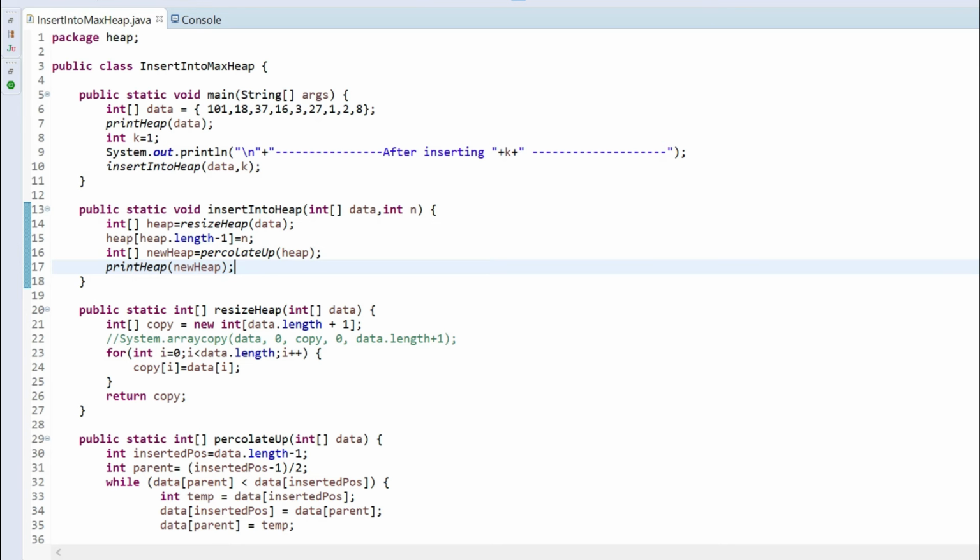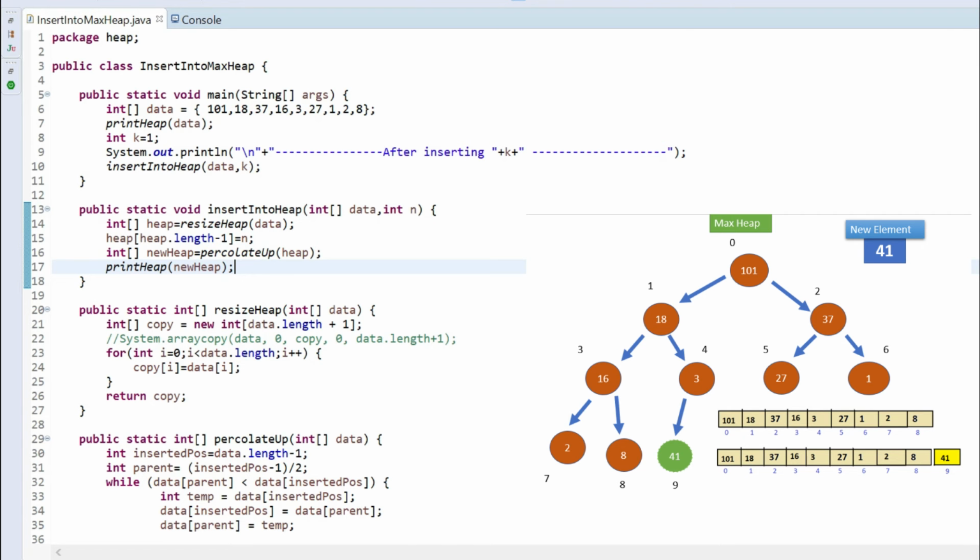Now I will show you the programming part. I did it in Java, but you can choose any language. This is the main method, and here I am taking the already built max heap. This is the already built max heap array.